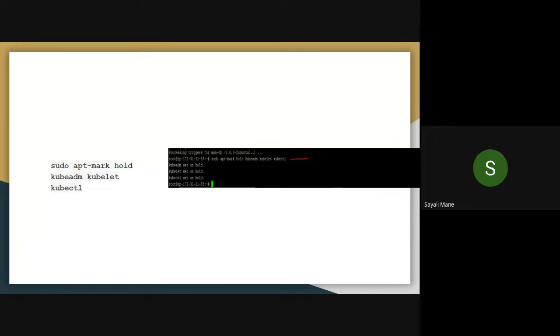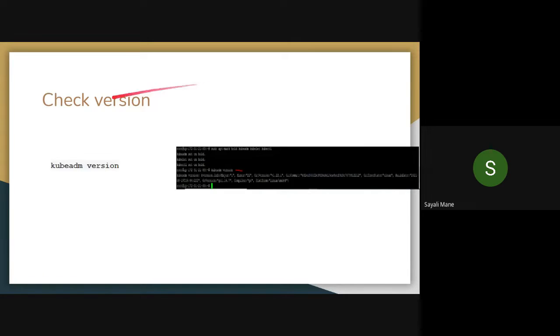Just let me know once it is finished or not. Done. Okay. Now the last command is to check which Kubernetes version is installed.